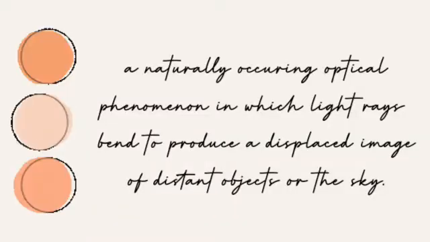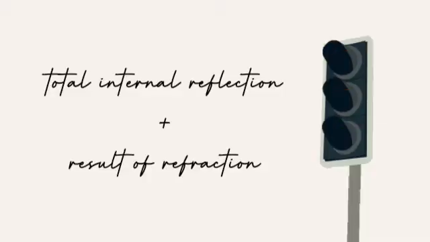Before we discuss how mirage occurs, it is important for you to understand first what a mirage is. A mirage is a naturally occurring optical phenomenon in which light rays bend to produce a displaced image of a distant object or the sky. It is formed due to the phenomenon called total internal reflection, as well as the result